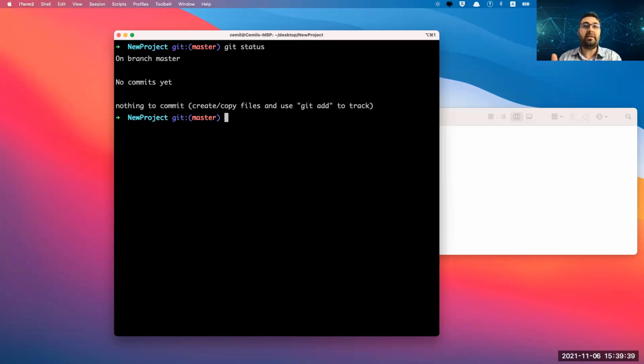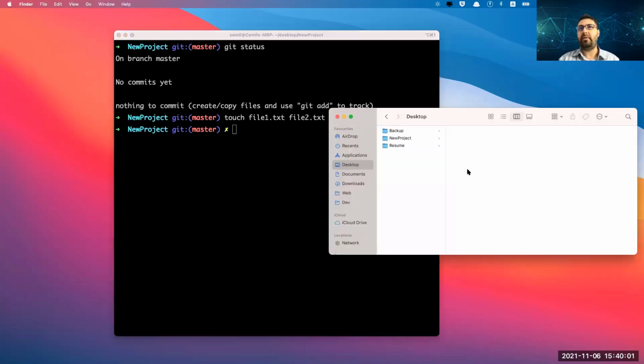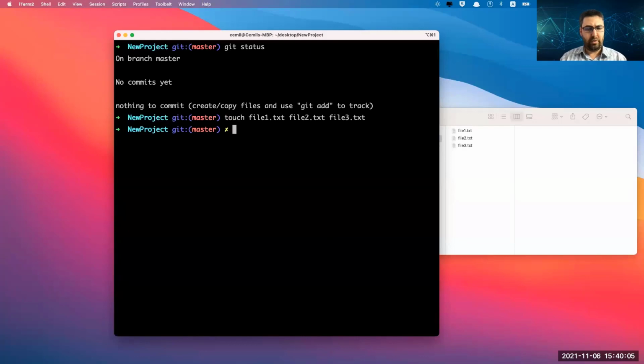All right, so the thing is that I have to create something to work on. So I should create some files, which I just say touch command. So file1.txt, file2.txt, and file3.txt. Now I'm just creating 3 files. Now it should be here, 3 files. Nice, should be no error.